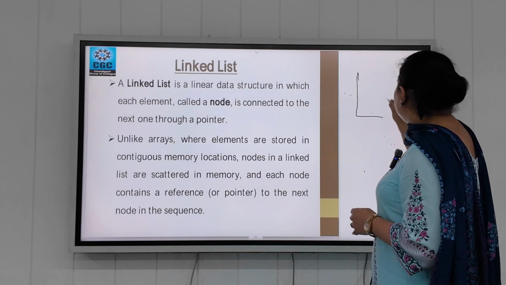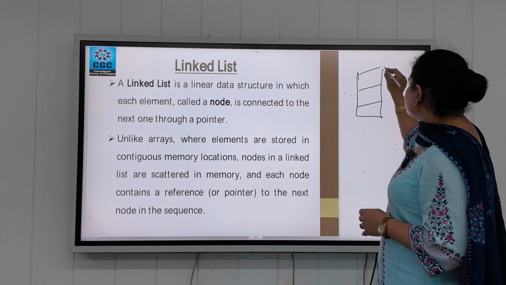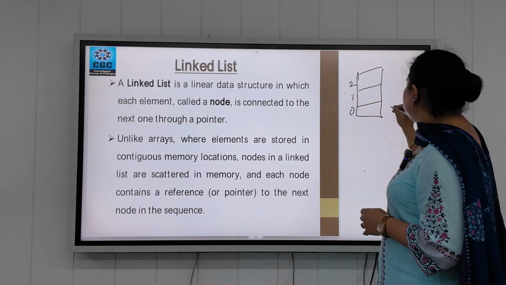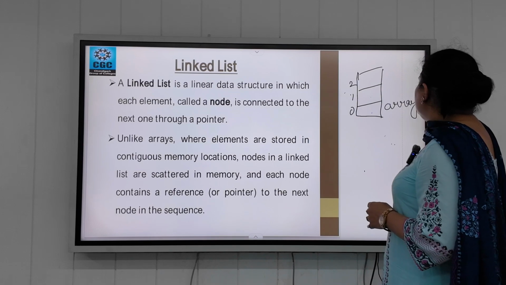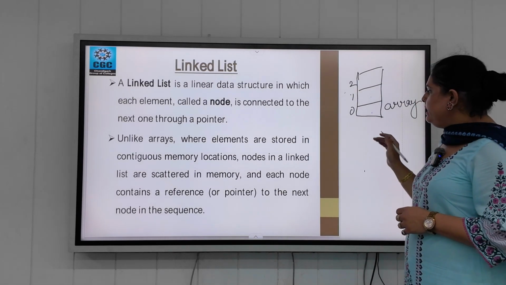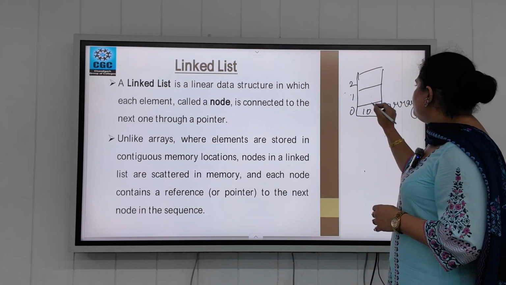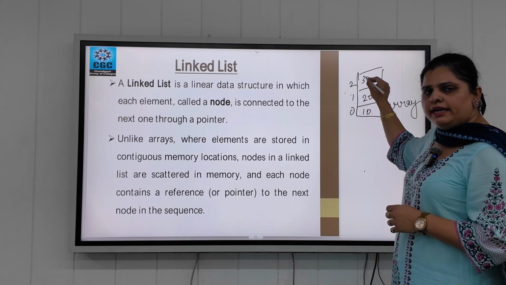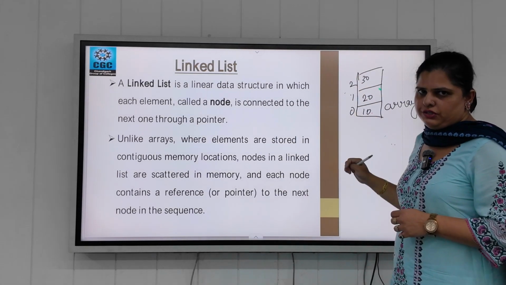Whenever we arrange our data in an array, one of the major drawbacks is this. This is our array, 1, 2 and 3. Whenever we insert our data in an array, the main problem is that we have to insert our data in a continuous memory location.